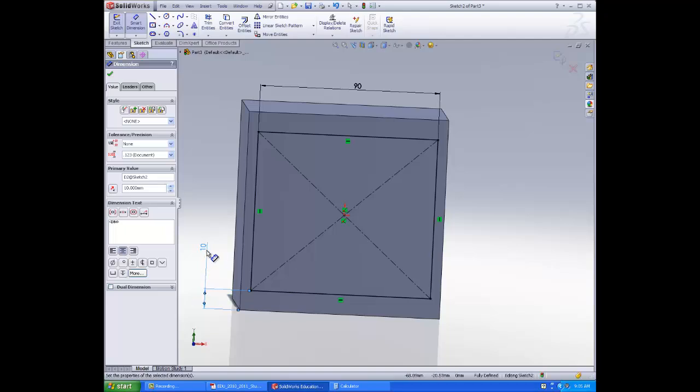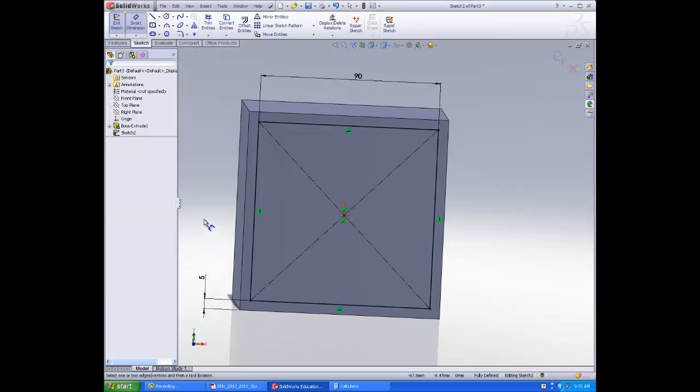Alright, that's too big, so let's make it 5. Now we're good. So exit sketch,